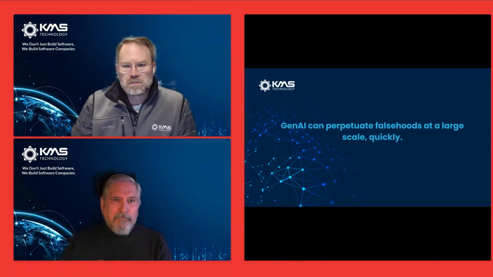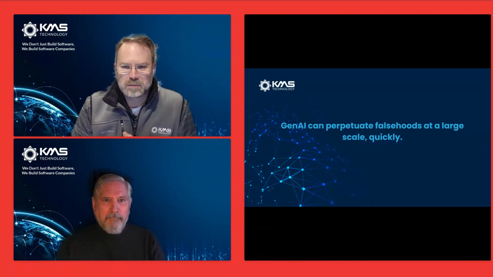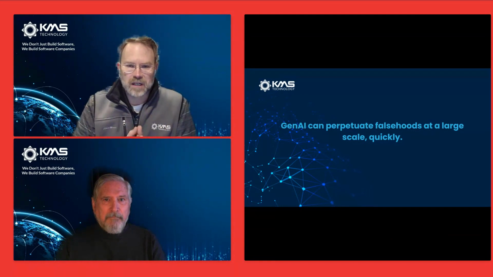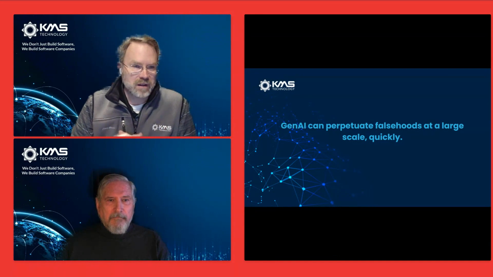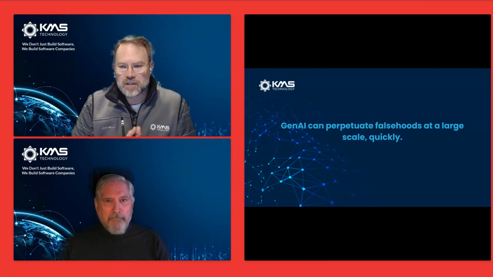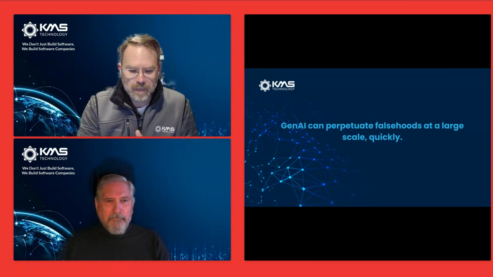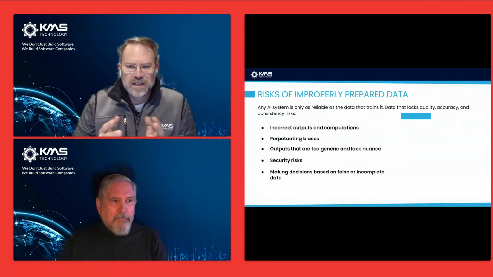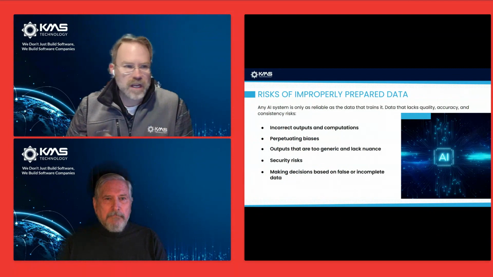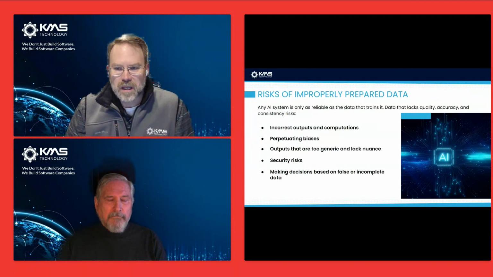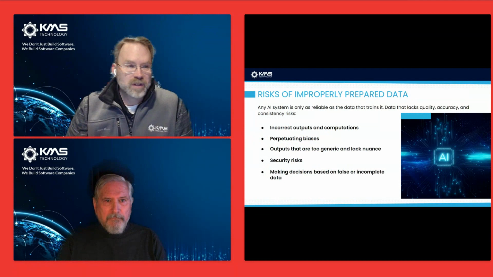Learning systems consume planetary volumes of data, lots of data, and generative AI in particular has a very big appetite. Any AI system is only as reliable as the data that trains it. So to produce meaningful results, a model needs to work with complete and accurate data. Some of the risks of not preparing your data include incorrect outputs and computations, perpetuating biases